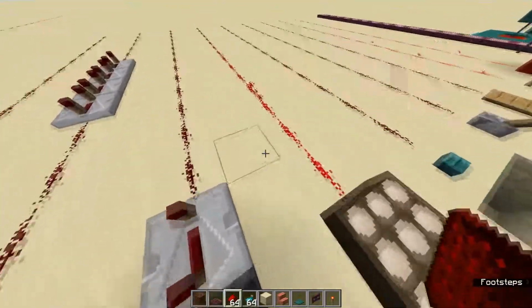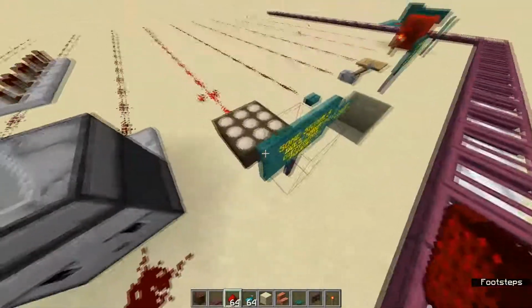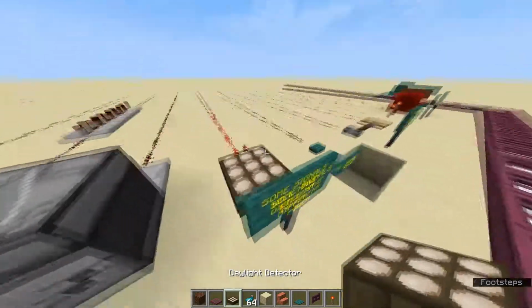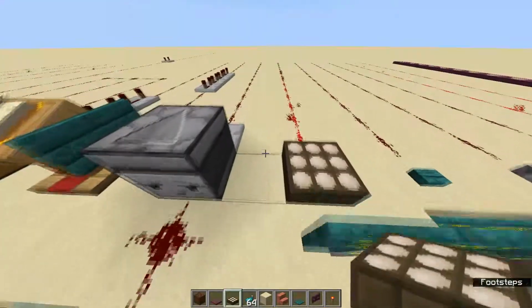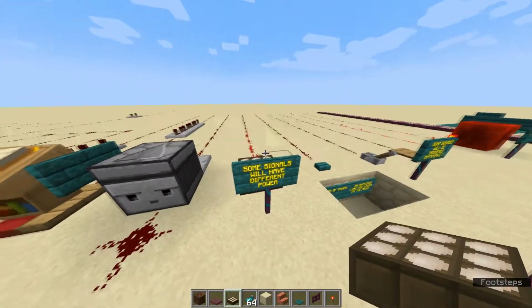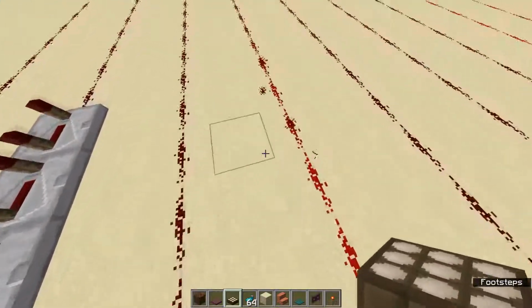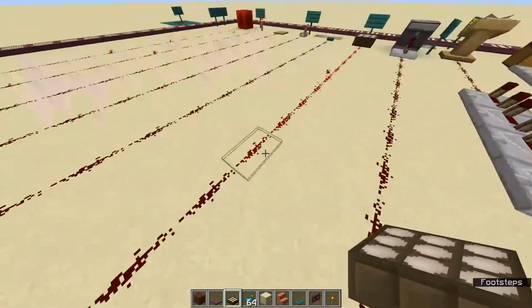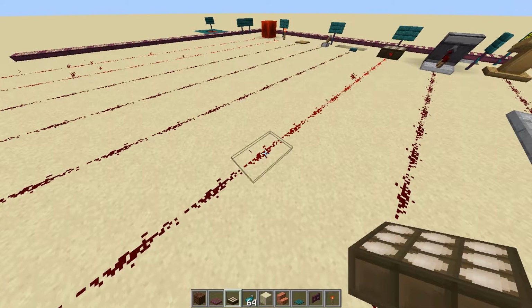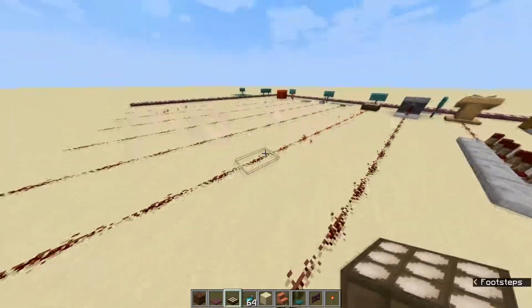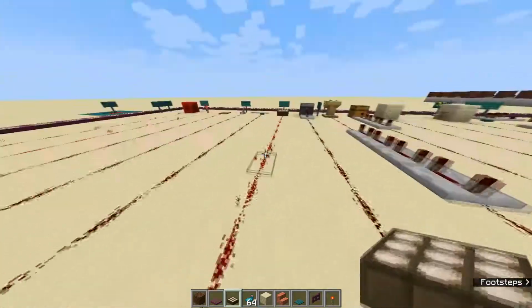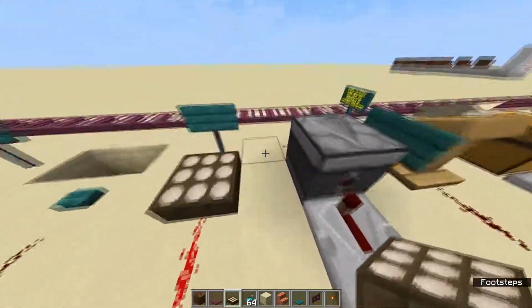this one, which is a daylight detector. You craft it with nether quartz, and some signals will have different power, like this one will come to there, but depending what time of the day it is, it'll go stronger or not as strong. So here now we've got the next one, which is